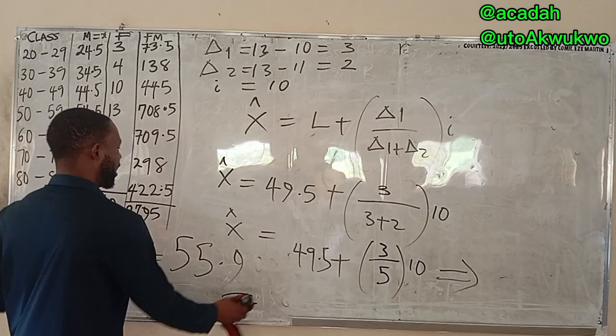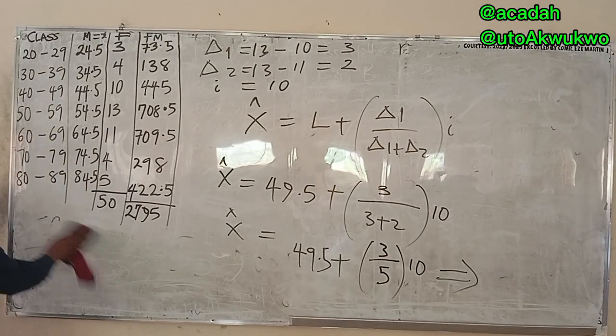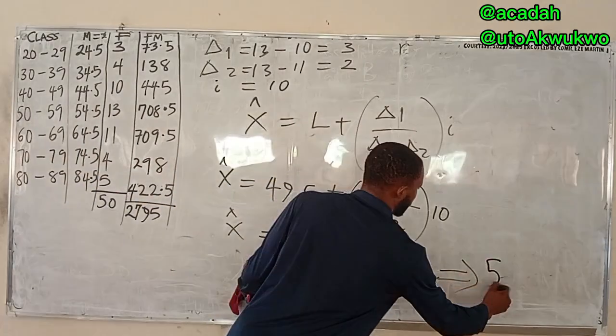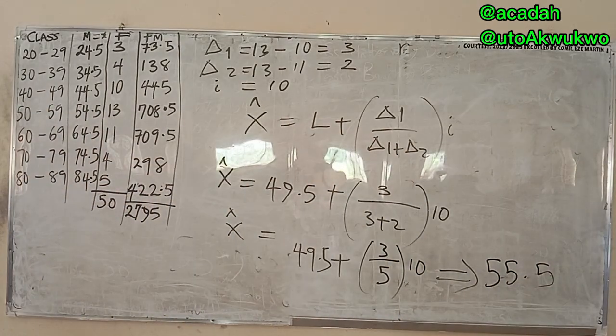So punch it in. What do you have? Bracket first, multiplication second, then add. What do you have? 55.5. That's the mode. Remember, there is no unit. Mathematics does not look at units, it's physics that looks at units. A unit is a standard for comparing or expressing physical quantities. In order for you to identify what quantity it is, we use units. So mathematics doesn't talk about quantity, just the value.